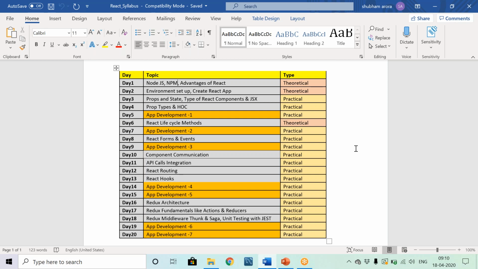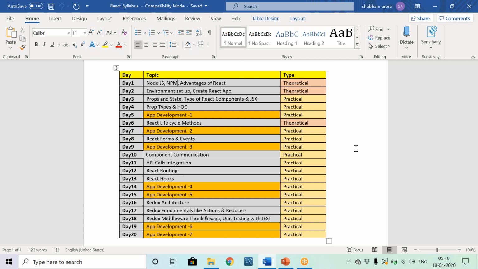Then, as I also gave you an introduction, we have something called APIs. We'll call these REST APIs and fetch the data from there. We'll see how to work with API call integration: how to call the API from your UI, that is from your React code, and how to get the response from the server and bind that response in the user interface. That we'll cover in the API call integrations.